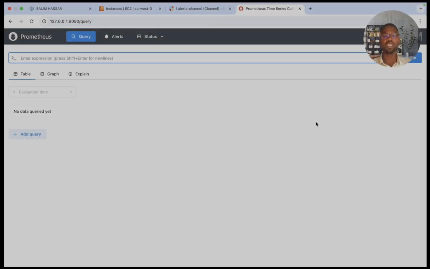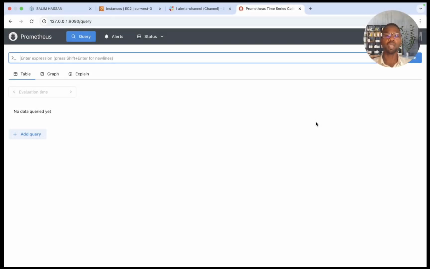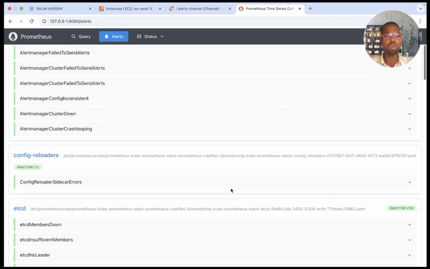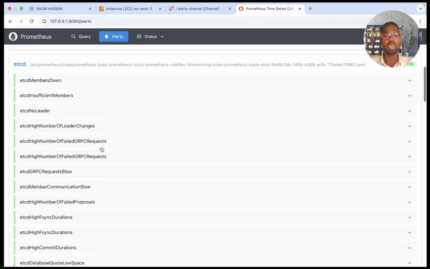So in this part of the demo, I will present you my alert system that I set up for this application to stay informed about the health of my cluster or my application. This alert system works alongside Prometheus. So here in the Prometheus front end, if I click on the alerts link, this will bring me all the alerts predefined by the stack. As you can see, all of them are in active mode and in green,